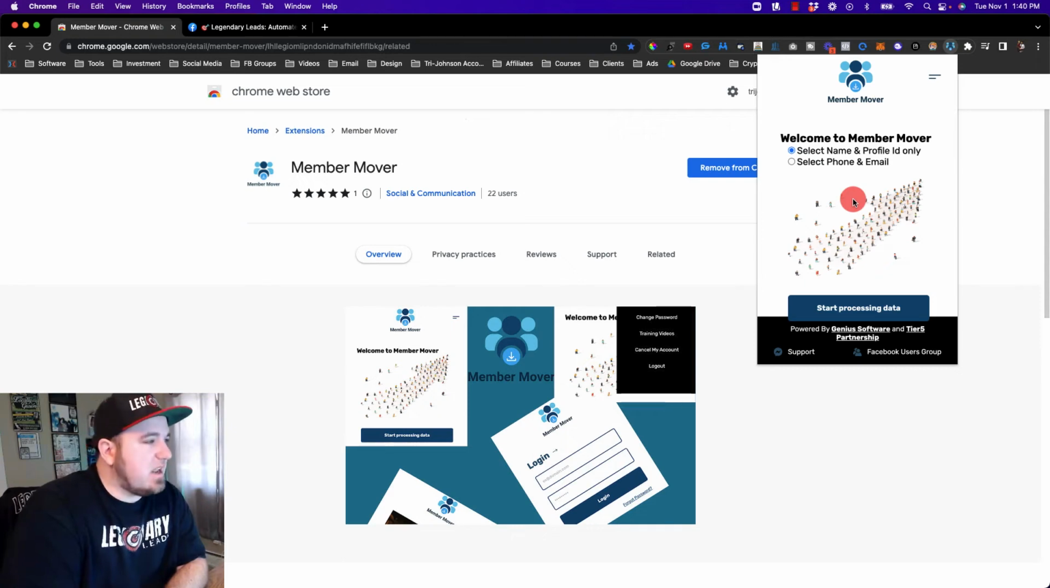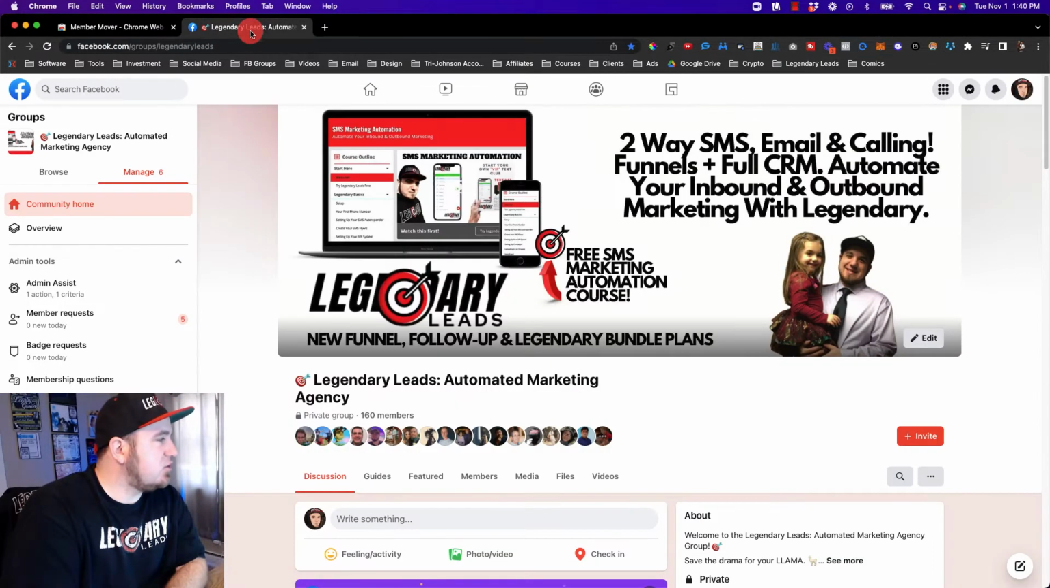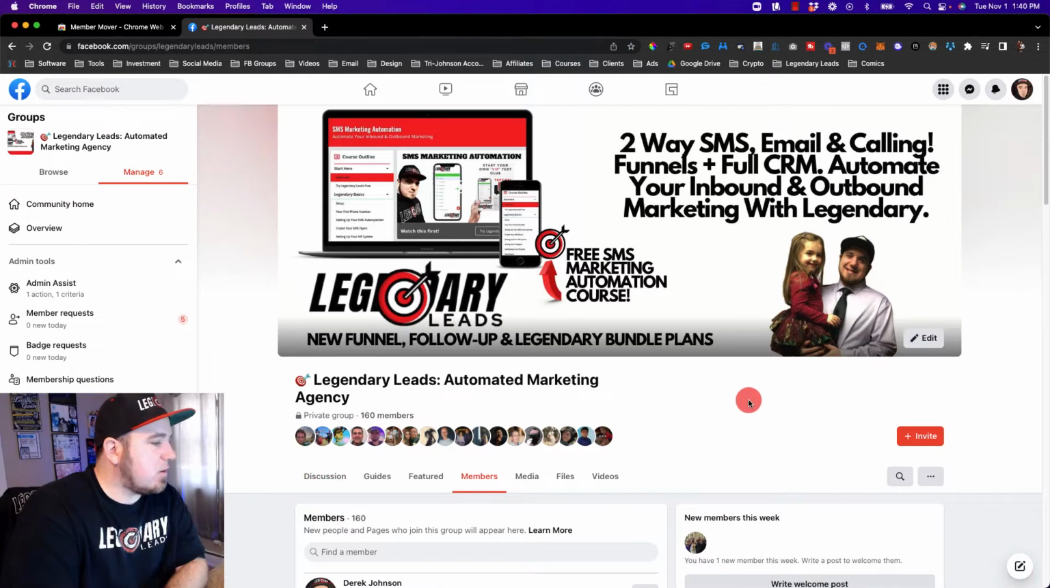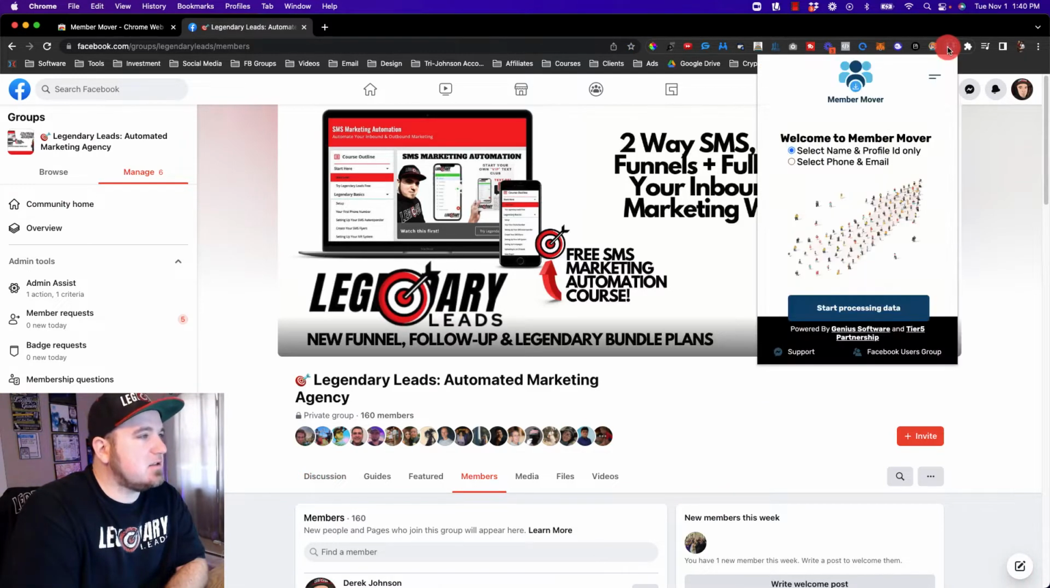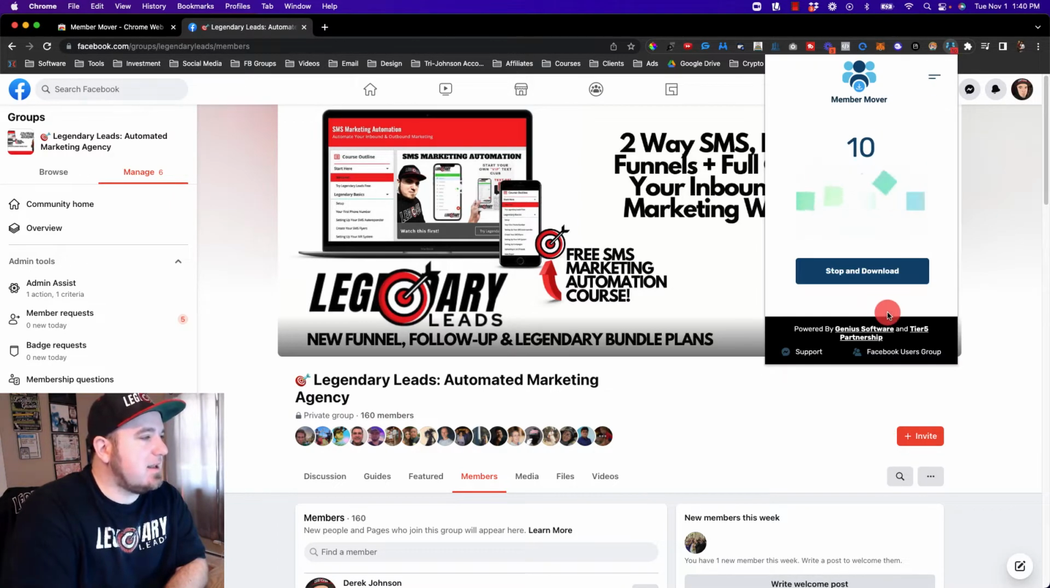Alright, once you've logged in with your username and password from your onboarding email, what you're going to want to do is navigate to a Facebook group and find the Members tab, and that's where we're going to run the extension. So you can pop it open, and you can see there's two options. This time we're going to select name and profile ID only, and we'll hit Start Processing Data, and you